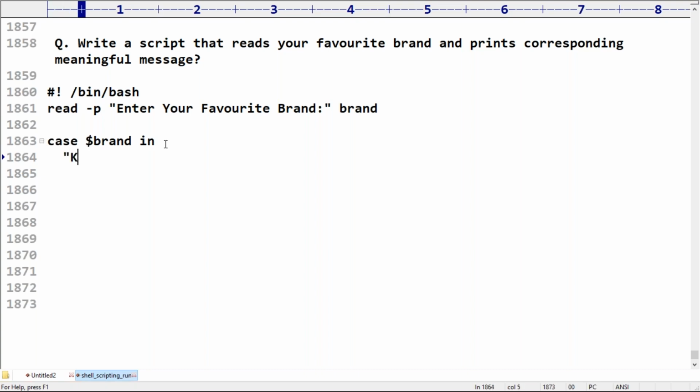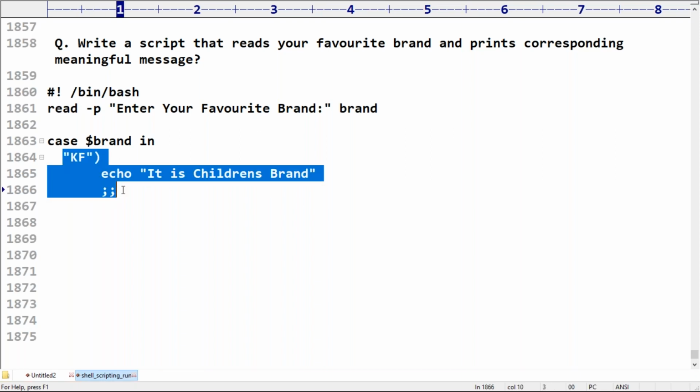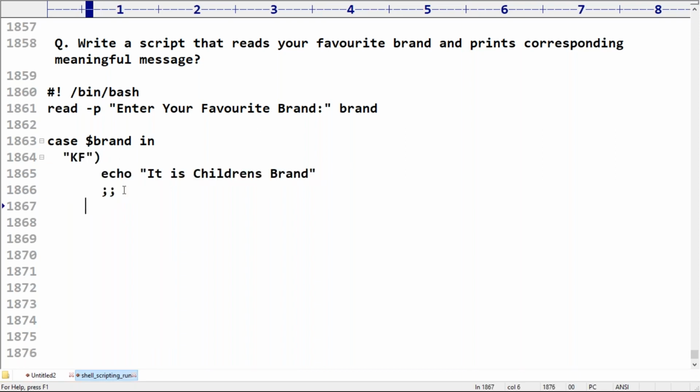If it is kf, echo it is children's brand. The next semicolon must be required.